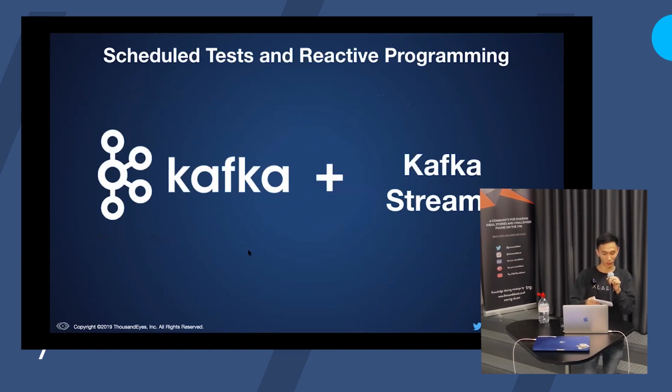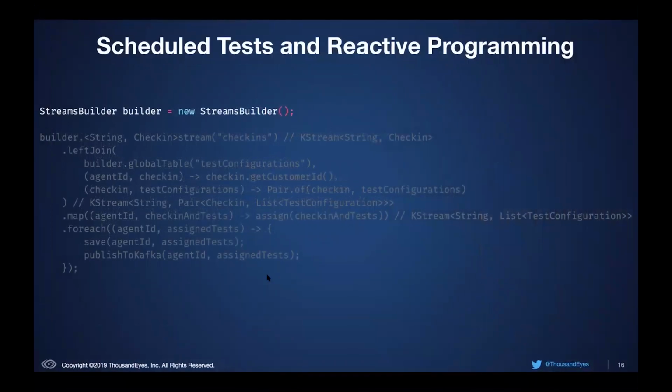So let's look at some of the code and see how this looks inside the scheduler. I'm a little bit nervous to show Kafka Streams code because we have TransferWise people, and apparently you guys use Kafka Streams as well. So if I get anything wrong, don't shout at me.